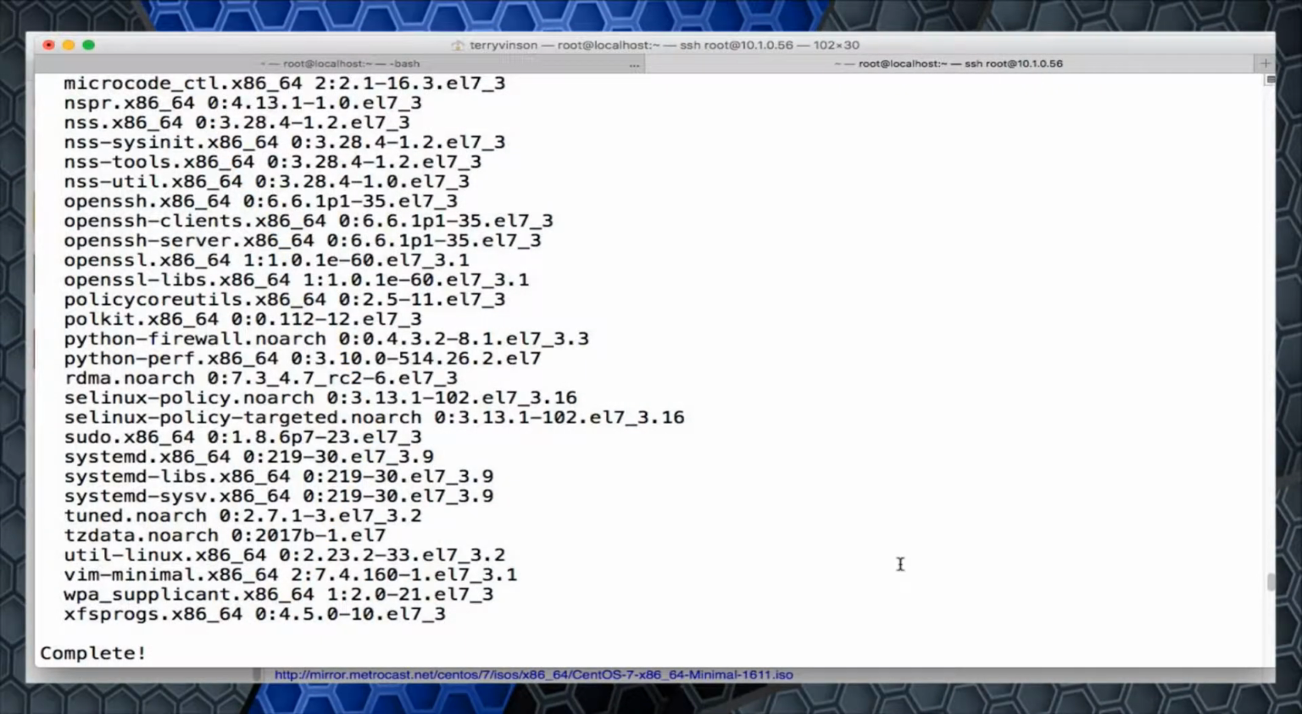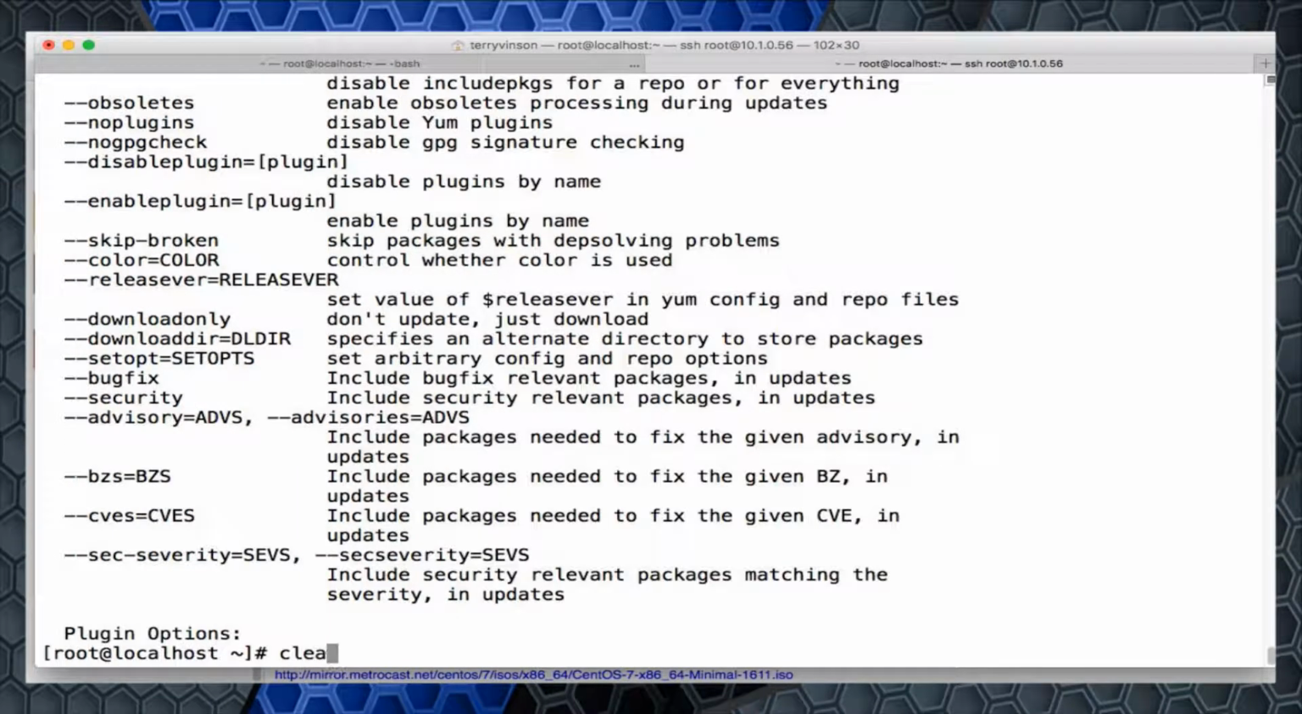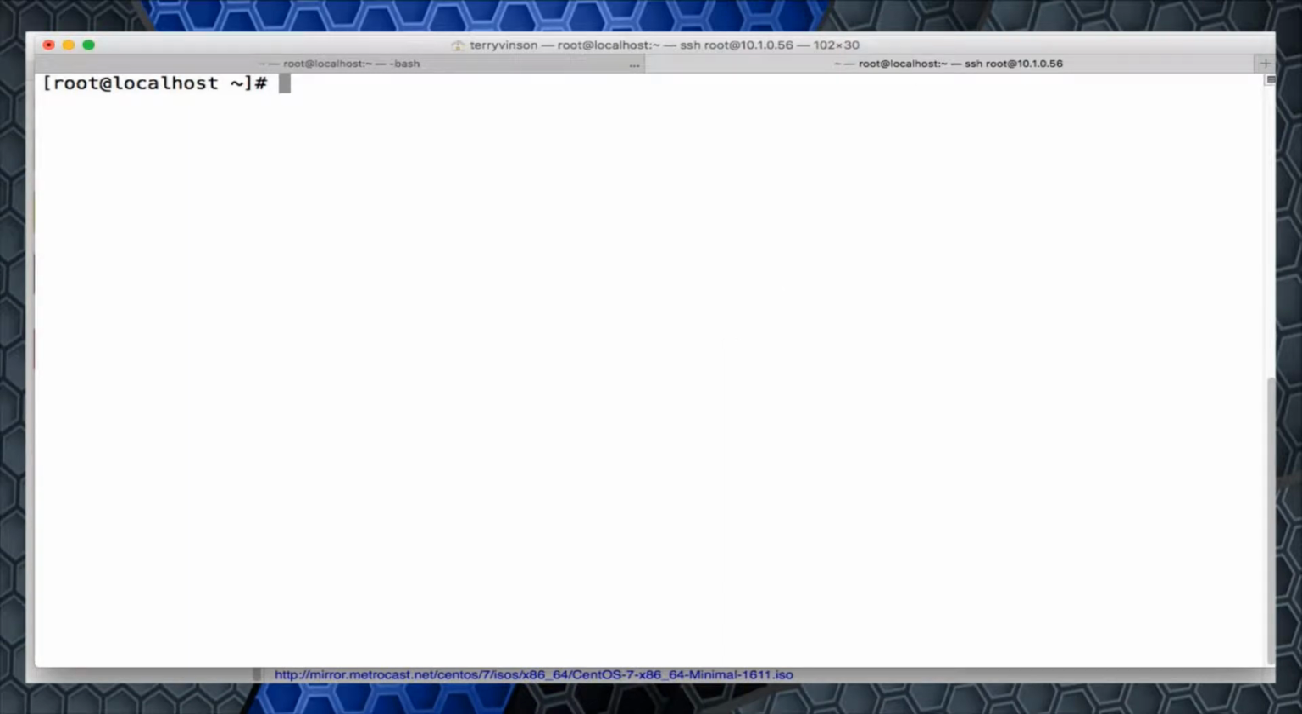Okay, we just finished updating the CentOS operating system, and we can see that that actually completed successfully, indicated here by the exclamation point for complete. Now, what I'm going to do is go ahead and clear my screen here, and I